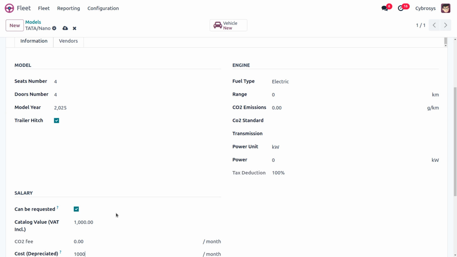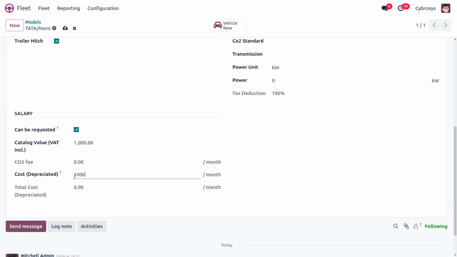Now, in this case, you can see the CO2 fee. The CO2 fee represents the carbon dioxide emission fee paid to the Belgium government, and this value is automatically calculated based on the Belgium law and regulations and cannot be modified. And here you can also find other things like the cost and all. So let me talk about one more thing. Before modifying the CO2 emission field, you can just adjust the value in the CO2 field over there.